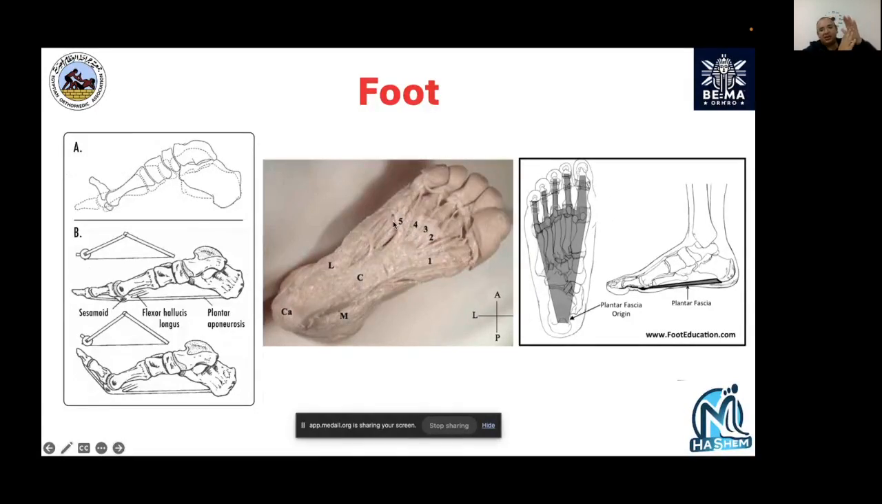Where they insert, they basically insert into the plantar aspect of the first MTP and the plantar aspect of the toes, and they do the very commonly called windlass effect. And windlass effect basically, if you remember,